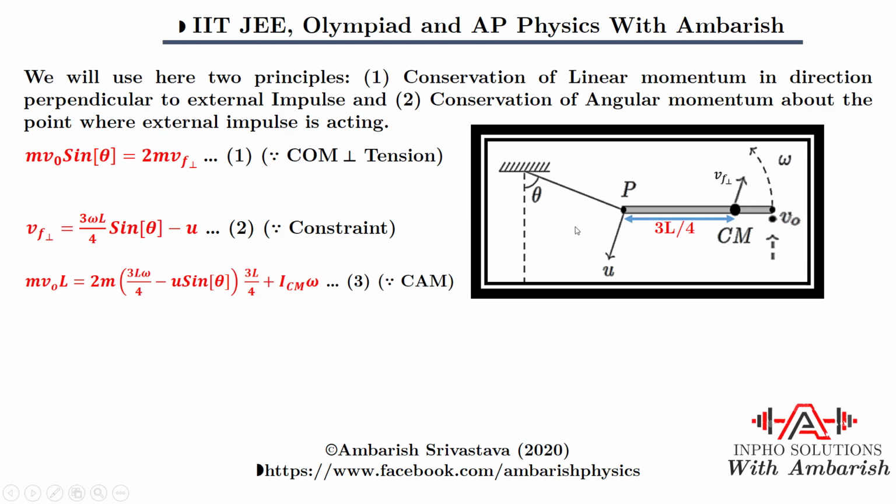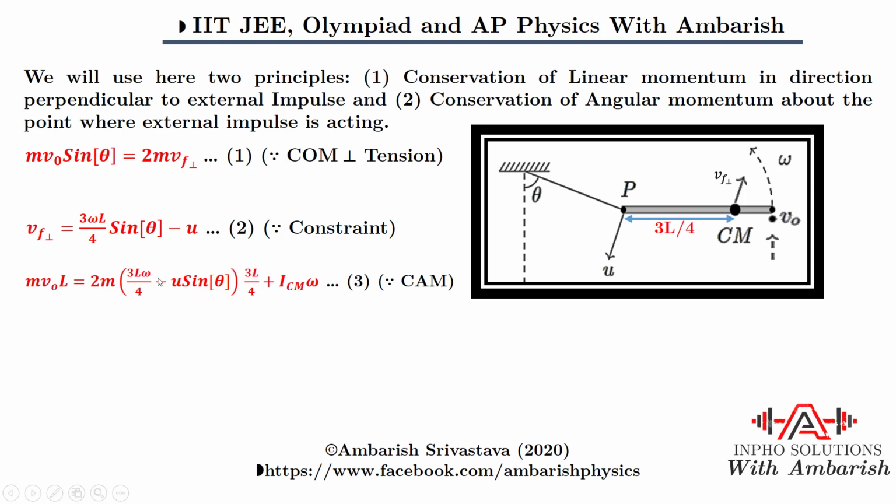So what's the velocity of the center of mass perpendicular to the line joining point P dash, let us say under this P dash, to CM? What's the velocity component perpendicular to that? Once again I use relative to P, the center of mass is moving with omega into 3L by 4 in this direction. But P itself, if we consider its velocity perpendicular to the rod, that is u sine theta. So the total velocity perpendicular to the line P dash CM becomes simply 3 omega L by 4 minus u sine theta.